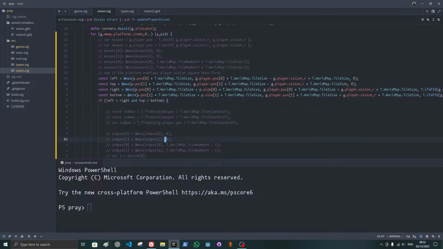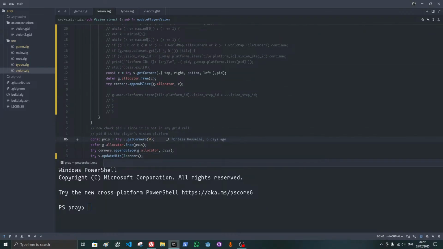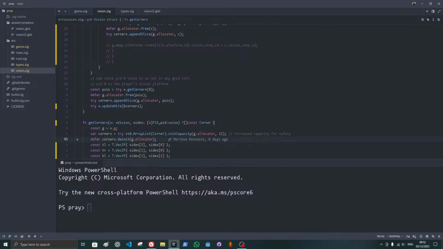That's the indices of our array list. PID. I will pass the index of each platform, get corners, and then